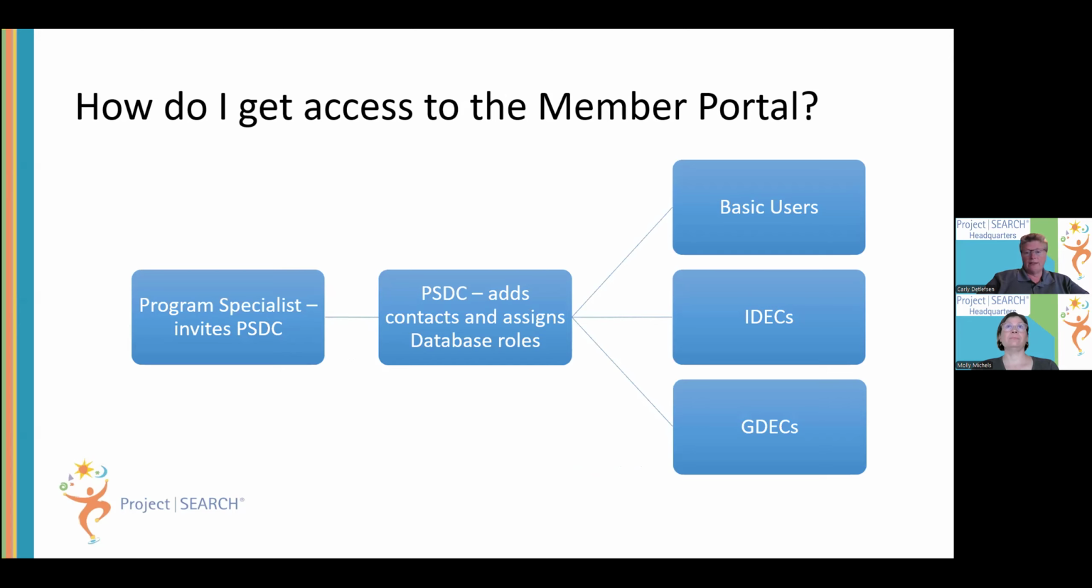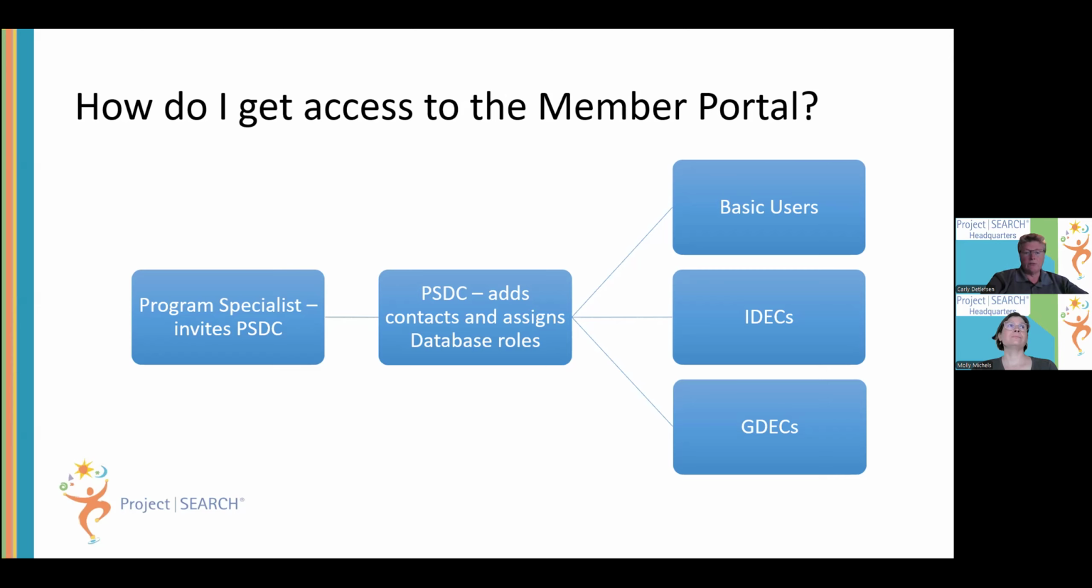The team is going to identify who those program site database coordinators are going to be. The program specialist is going to enter those folks into the portal and enter them into those roles. And then from that point, the program site database coordinator will add the rest of the team members and, like we said, assign the other database roles. So aside from the program site database coordinator, there are three additional roles that somebody can have in the member